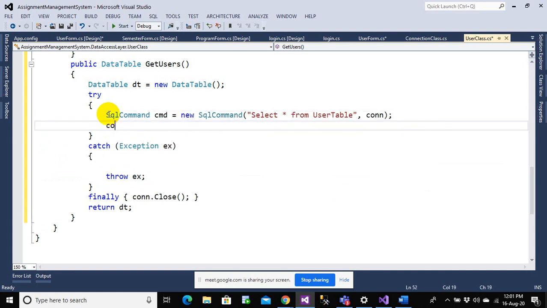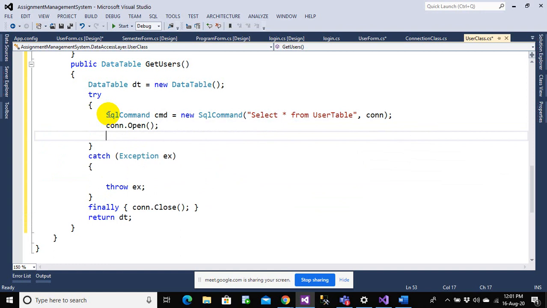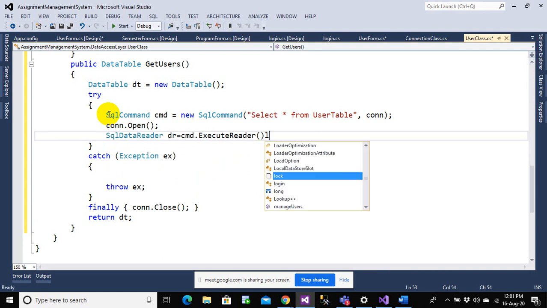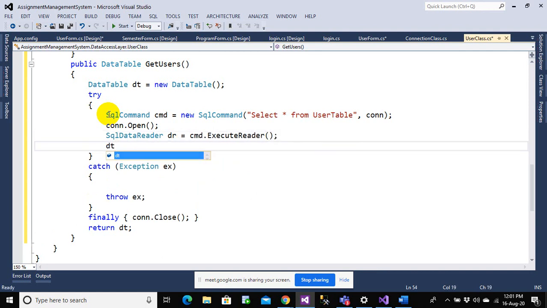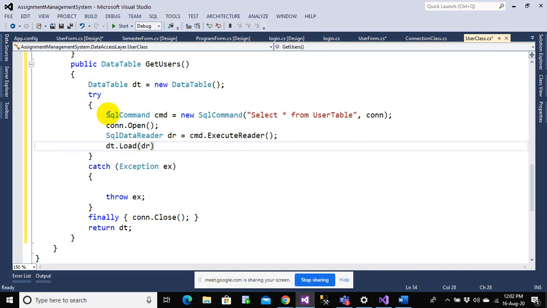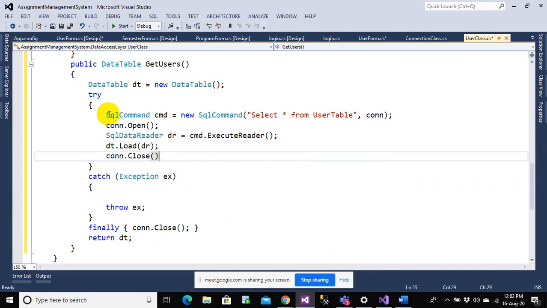Okay, that's done. Open, and then you can do SqlDataReader dr equals cmd.ExecuteReader, and you need to do dt.Load(dr). You need to load the list of users inside this dt, and let's close the connection, and we are done with reading all the user list from the database.